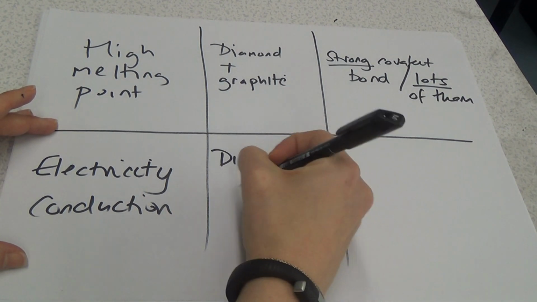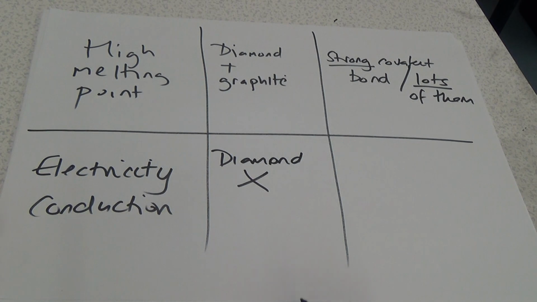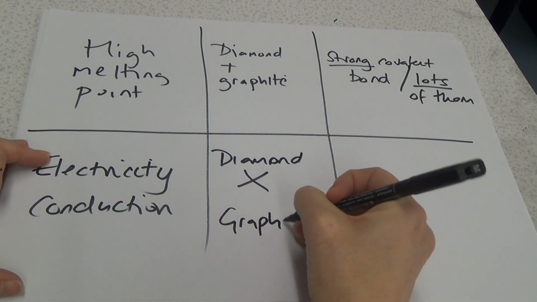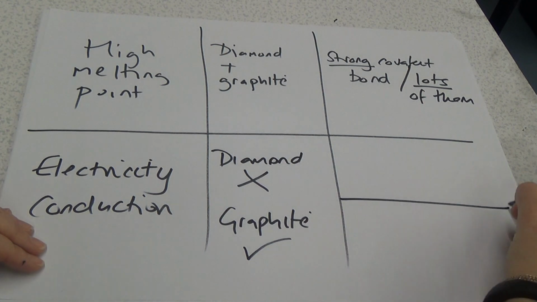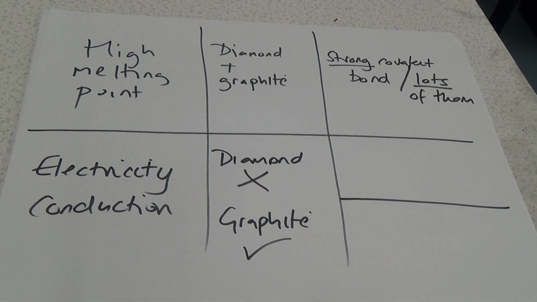Diamond does not conduct electricity. Graphite, however, on the other hand, does. Now, electrical conduction is all about either having electrons that can move freely, or having ions, positive or negative ions, that can move freely. In the case of diamond and graphite, the key difference is all to do with the electrons that are within the